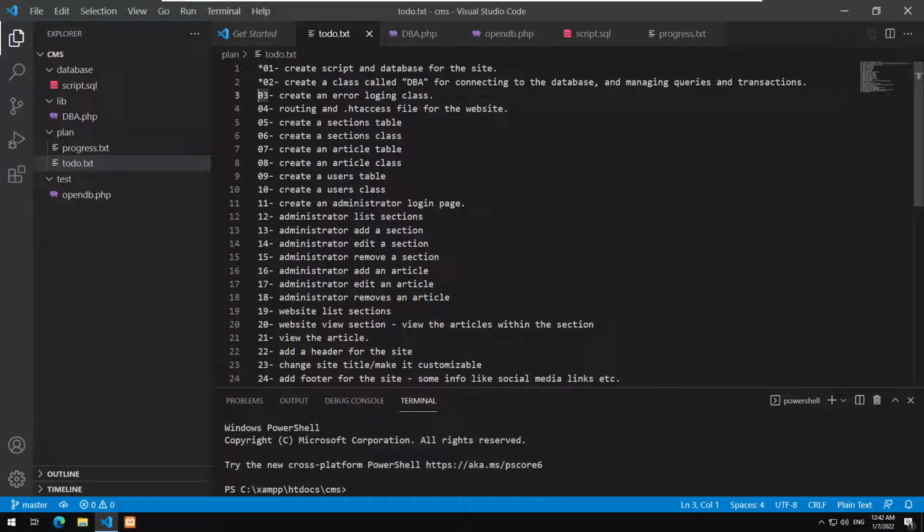In the previous video we created a DBA class that allows me to connect to the database, and in this video we continue our plan. So we're going to create an error logging class. This is going to be something very trivial, very simple. There are of course standard ways of logging, but I will use the simplest here, which is just writing a line of text into